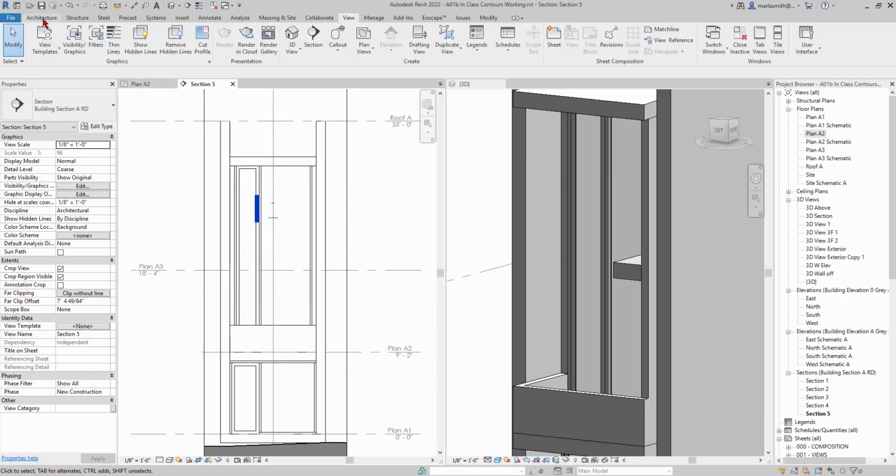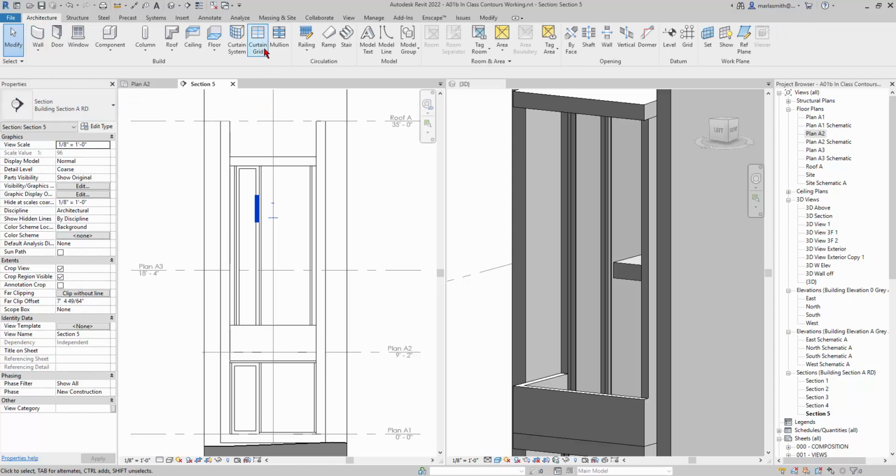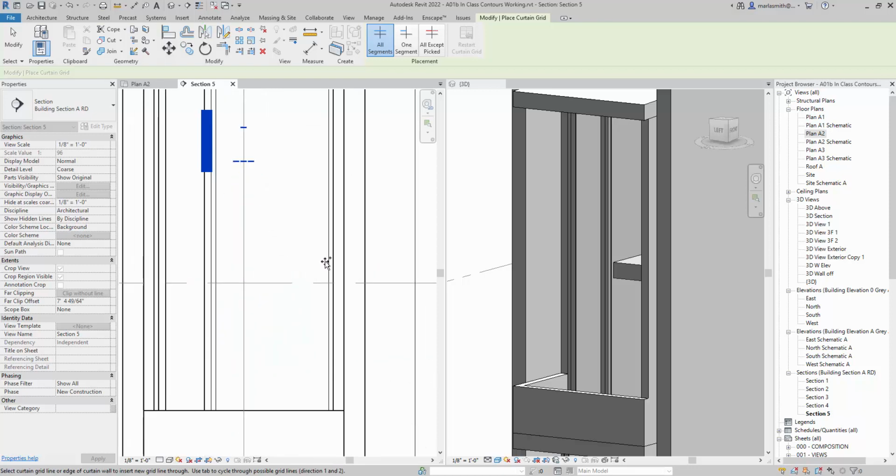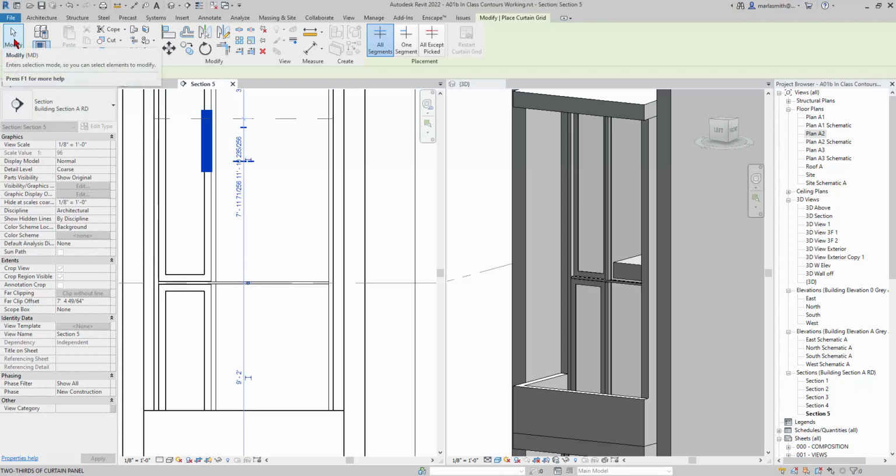So to do that, you can go to your Architecture tab, and there is a curtain grid. And if you click on curtain grid and you hover over the edge of the curtain wall, you can see it wants to make a curtain grid. So if you hover over the top, it'll make a vertical one. If you hover over the side, it'll make a horizontal one. And I want it to be at this level, and it will actually highlight the level and put it directly there. So just hover over the side and then left click, and it should put, right, a mullion